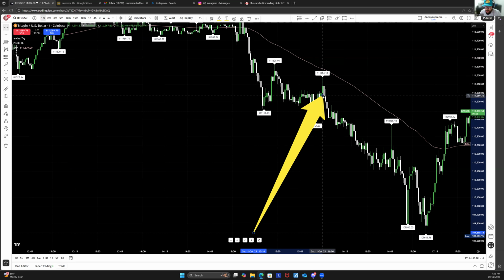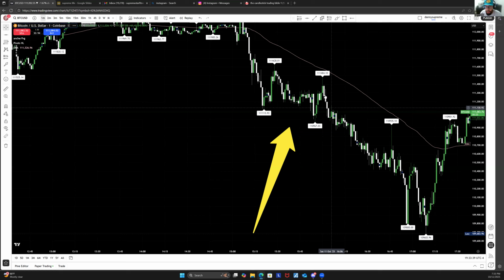And the information is obvious. There is a battle going on with their seller's candle. They came up, printed. The buyers try to push the price up. The $1 million guy, whoever we want to make him to, they try to push the price up. They failed. Another candle went lower.